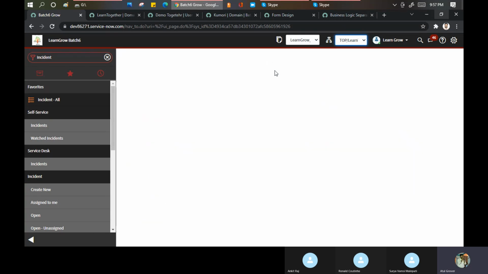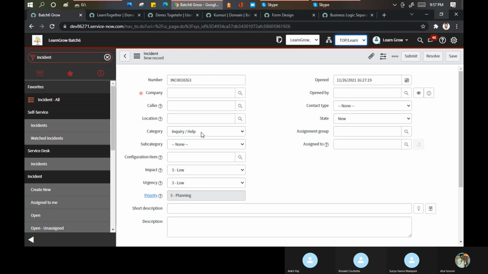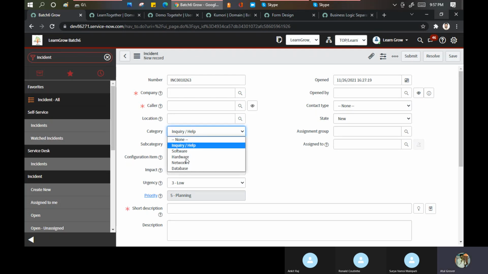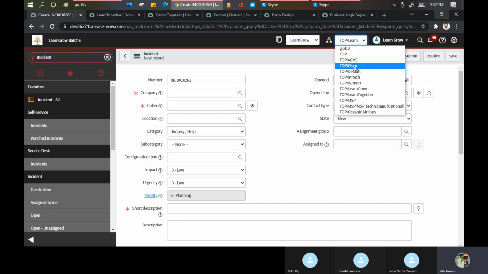My customer says, Atul, I want some more categories here, because I'm in domain separation, and you say it is a configuration, you can do that. Now suppose I have 10 odd domains in my system. If I add any value here in the top domain, it will impact all the other domains as well, which I don't want.